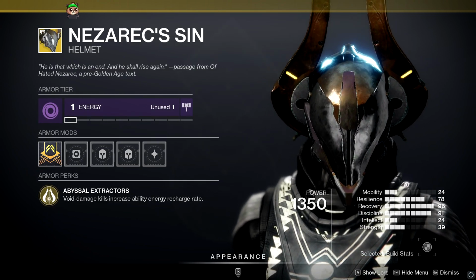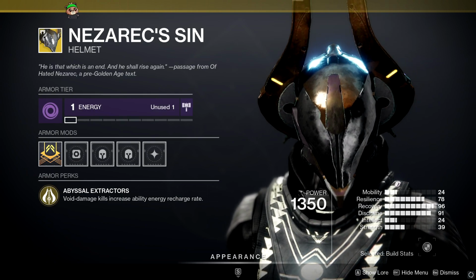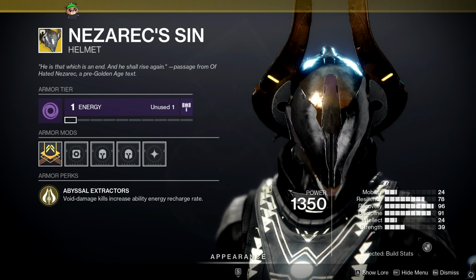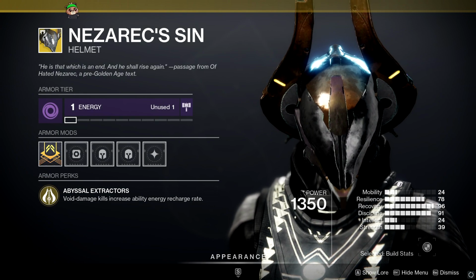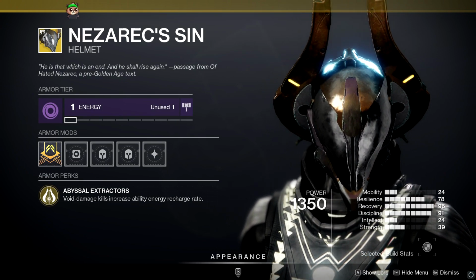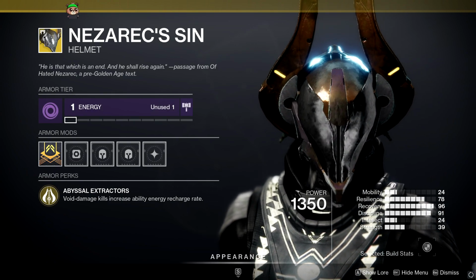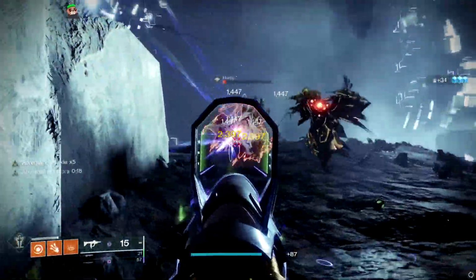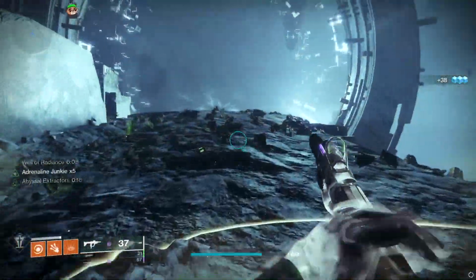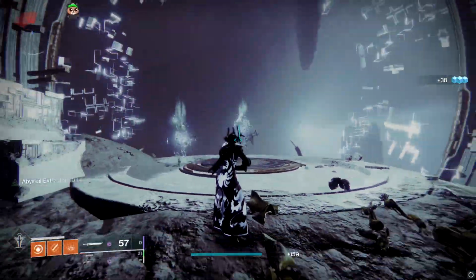Nezarec's Sin, quite possibly the most slept-on exotic in the history of Destiny. This exotic plainly states, void damage kills increase ability energy recharge rate. I cannot tell you the amount of times people said, why are you wearing Nezarec's Sin when you're not playing on Void? Because most people think you need to play the Void subclass in order to get this benefit. This is incorrect. As long as you are using void weapons, you can still get the benefits of this helmet,